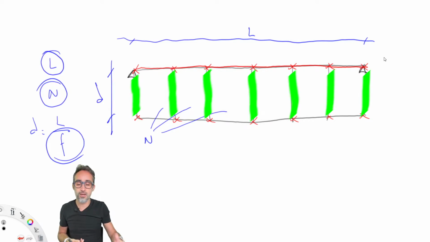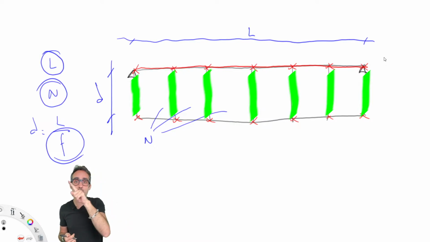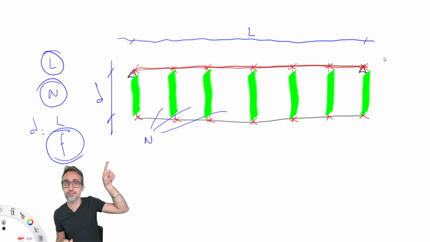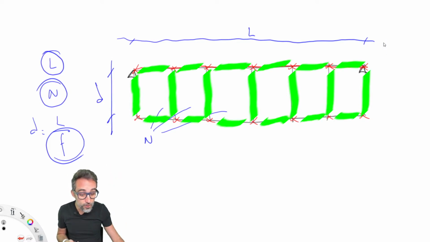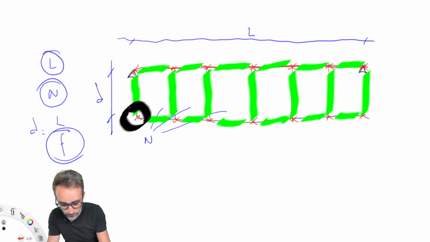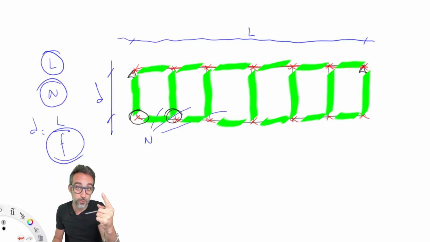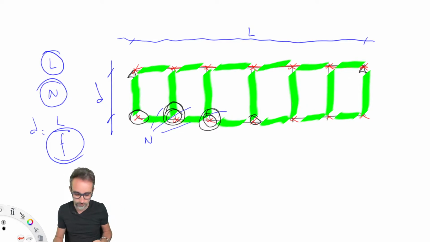So we will design, for example, the vertical bars of this truss, but most importantly, the horizontal chords. All the horizontal bars, instead of being one single continuous bar like the red line that I drew before, are actually going to be single spans of linear elements. So if we have 6 spans, we will need 6 chords joining this point here with this point here. Oh, that was a really big one. So this point here with this point here will need to be one line. This point here with this point here needs to be another line. This point here and this point here need to be another line.